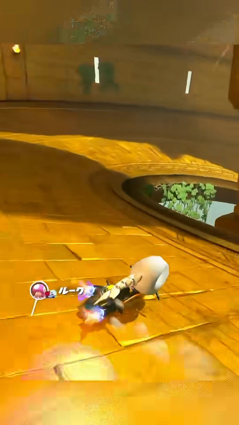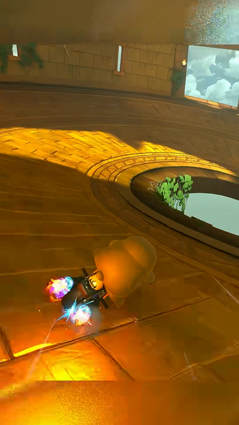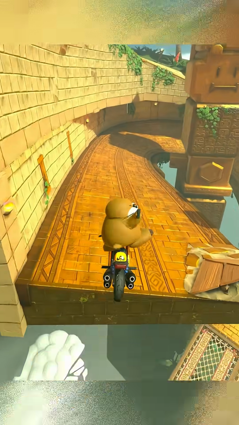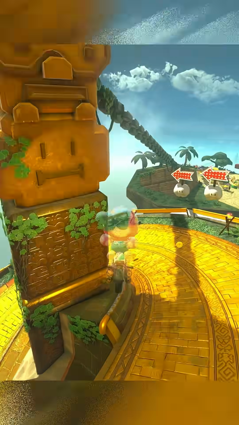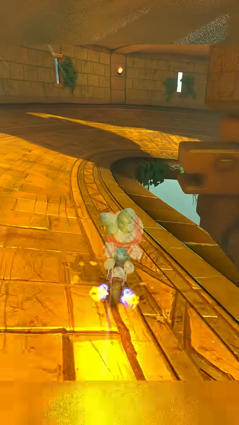I actually find this method to be slower on lower handling combos because of how wide the bigger trick boost sends you on the next turn. I like to stay on the rail and trick off earlier to make sure you take the turn tighter a lot easier. However, you must use the detach shortcut to get this next shortcut where you completely cut off the